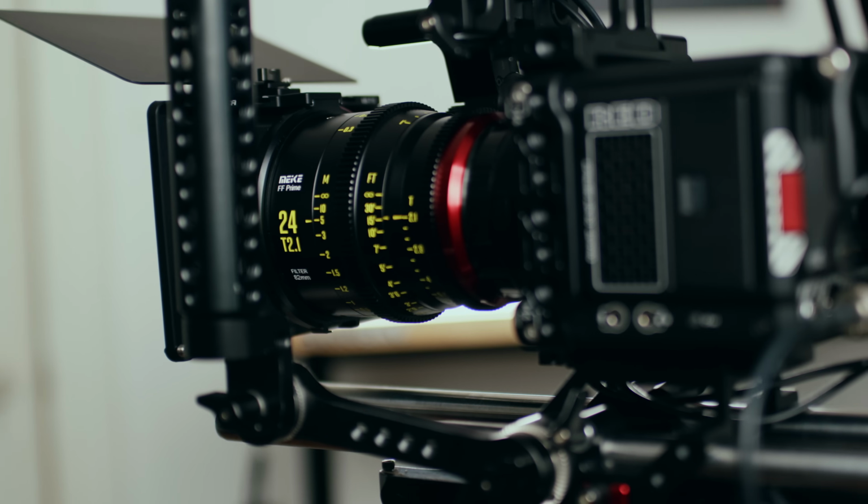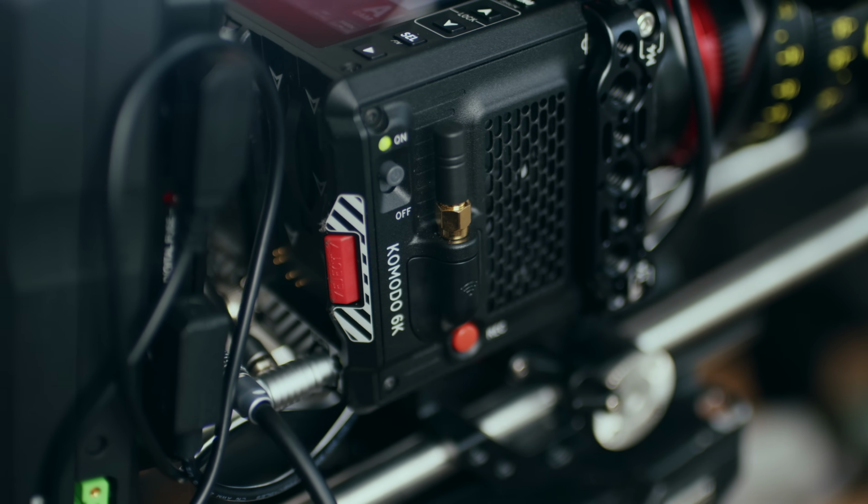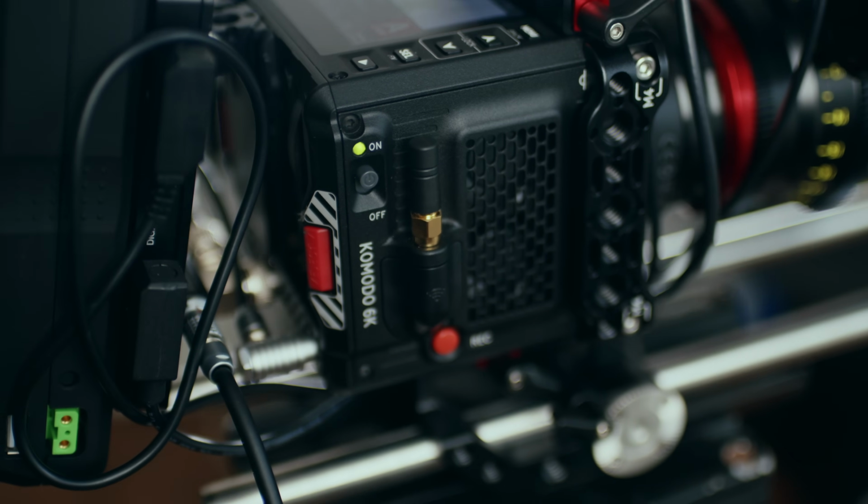Now, I've already made a video over the Red Komodo, but it doesn't really do the camera justice. Now that I've actually purchased one myself and I've been shooting on it for about a month, I recently did a 3-day commercial shoot with it, and I've really done a lot of testing with it. And I kind of know this camera from a different level than I did before when I only had it for a few days to test. So in this video, I want to talk about why I bought it, why I'm happy with the purchase. Yes, I'm happy with the purchase, and some of the pros and cons of the camera,